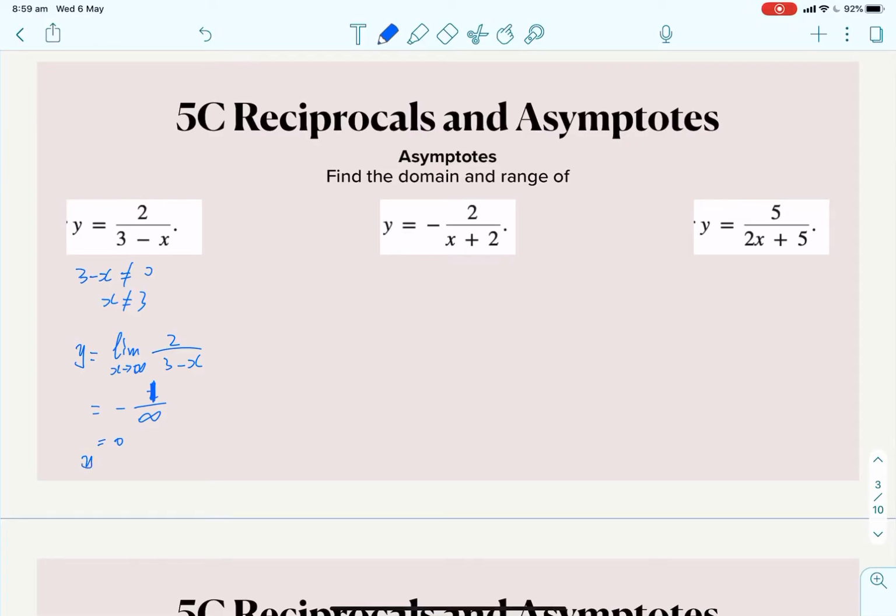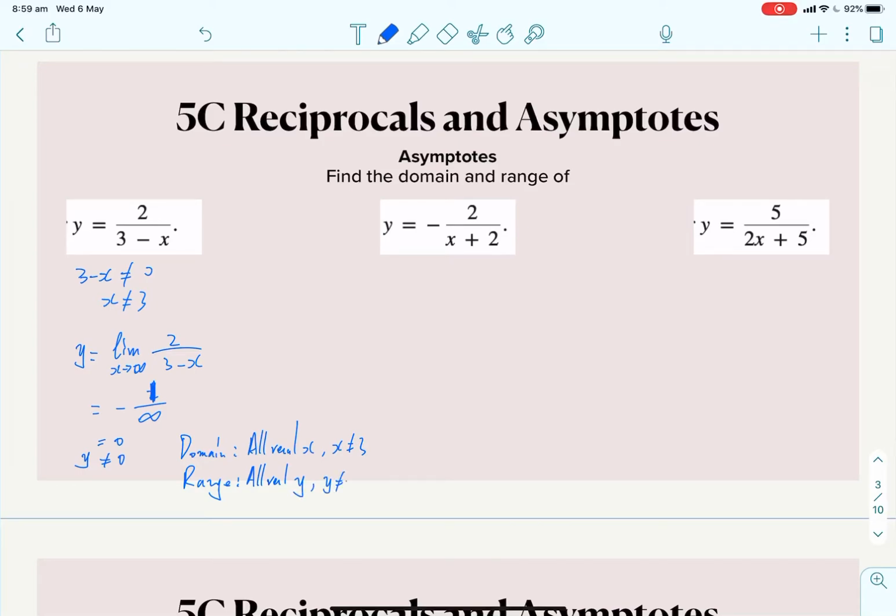So y not equals 0. Oopsie, my y looks a little bit weird. Okay, so the domain is all real x, x not equals to 3. The range is all real y,